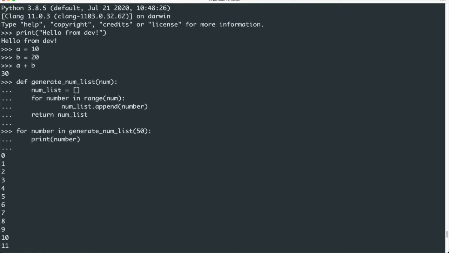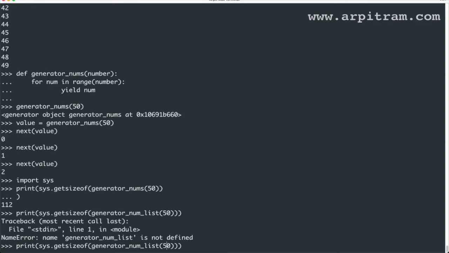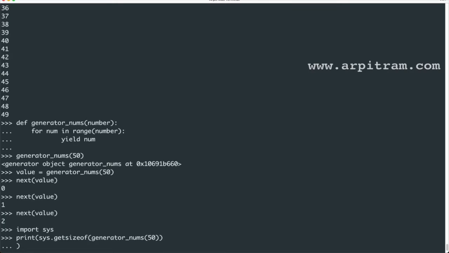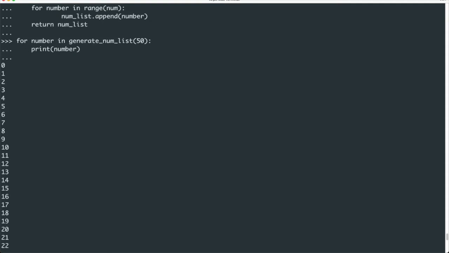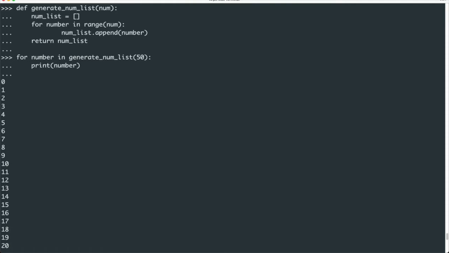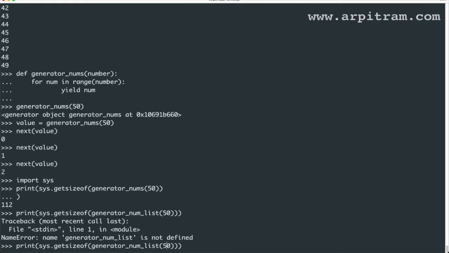Generate num list, generator nums, generate num list, right? So okay, sorry, this is generator.